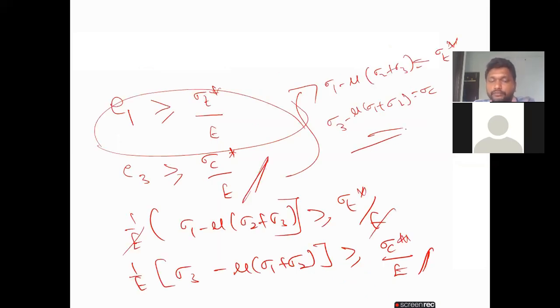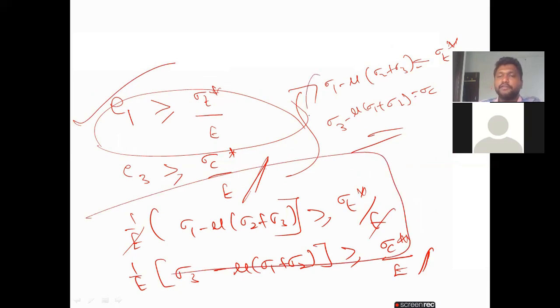If you take both conditions as per the principal strain theory, this is the condition. If you equate both formulas, finally we get this: sigma 1 minus mu into sigma 2 plus sigma 3 is greater than or equal to sigma T, and sigma 3 minus mu into sigma 1 plus sigma 2 equal to sigma C. This is the formula we get for the principal strain theory. Sometimes if they ask only for a 5 marks question, in that you can directly write the two formulas and you will get the theory.